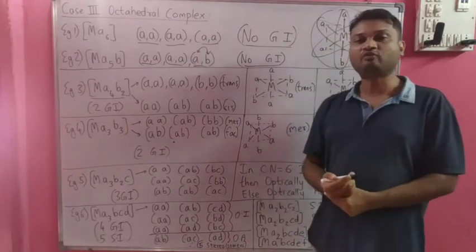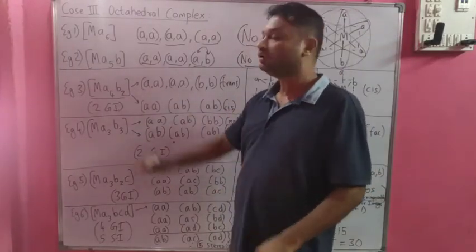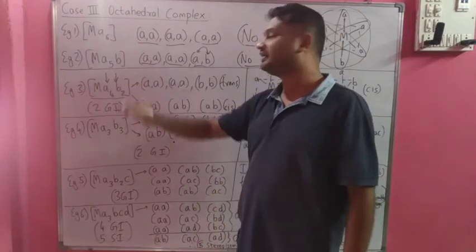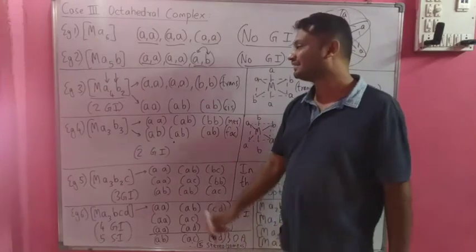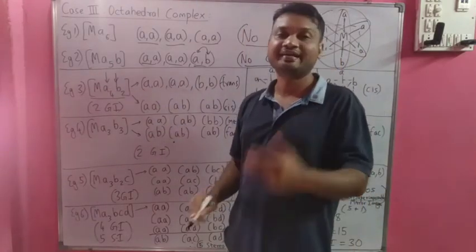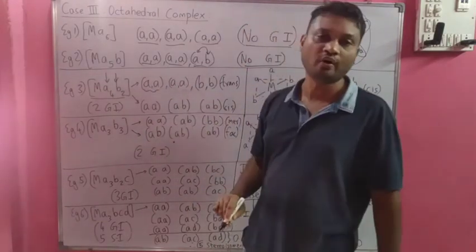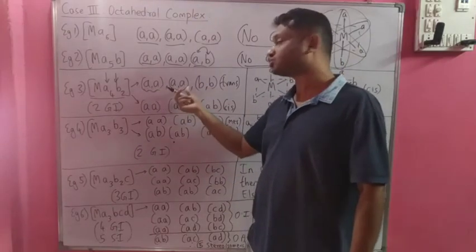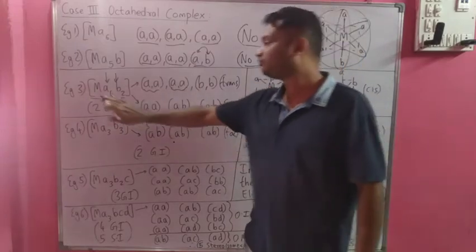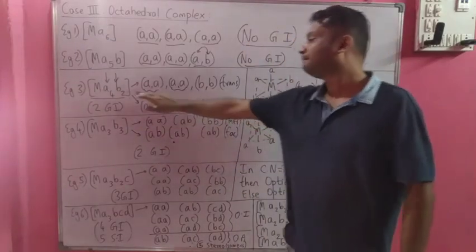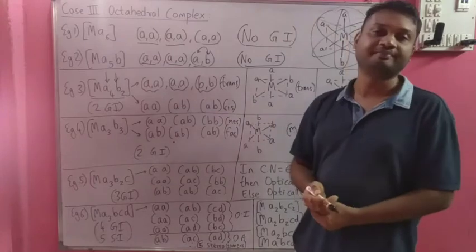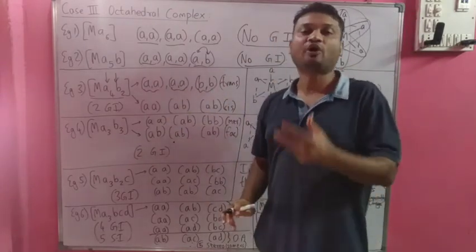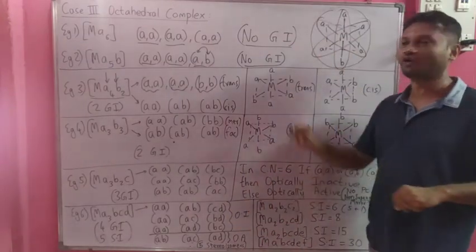Ma4b2. So if we want to write Ma4b2, we have to write 4 monodentate A ligands and 2 monodentate B ligands. So it is like this: 4 monodentate A ligands, I am writing 1, 2, 2A, again 1, 2, 2A, 2A plus 2A is 4A. So 4A we are done with. Finally B2, so we'll write 2B. So A4, B2, this is our one set of complex. So that is what I am drawing here.